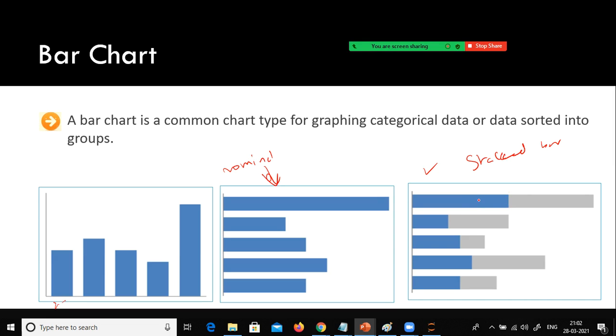Let's say this is my quarter 1 sales, quarter 2, quarter 3, quarter 4, or quarter 5 sales. And in each quarter, which category did I sell what? Let's say you are selling sports items, and you sell something like stationery items. You are combining more than one group in a stacked bar to know the trend, to know the performance or trend.